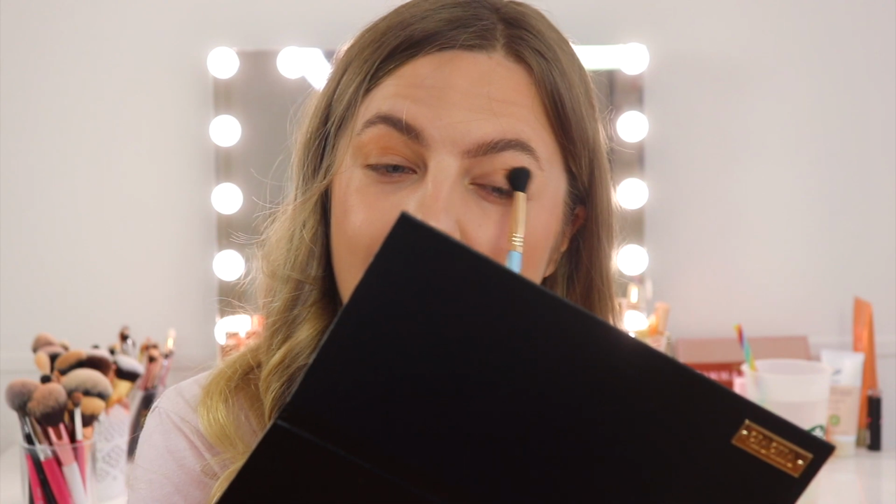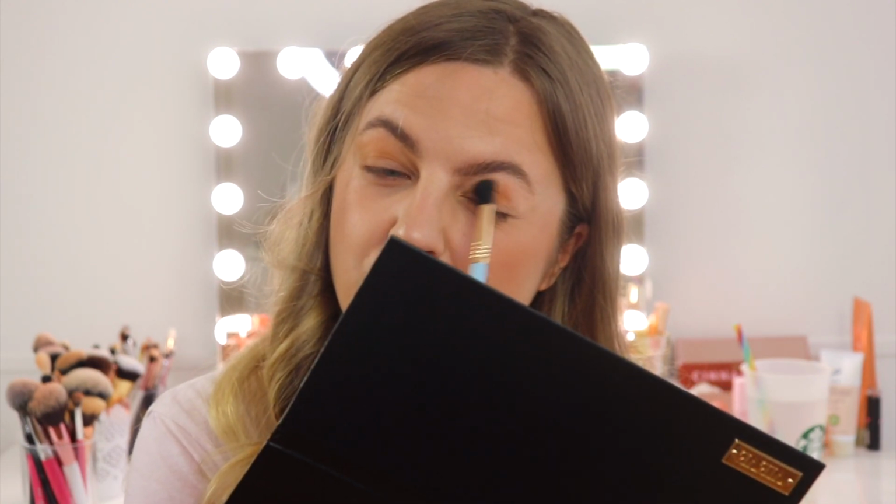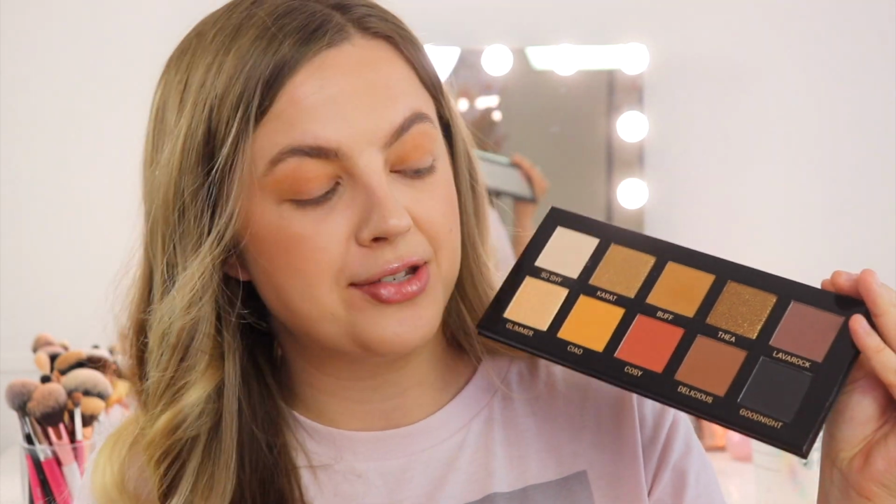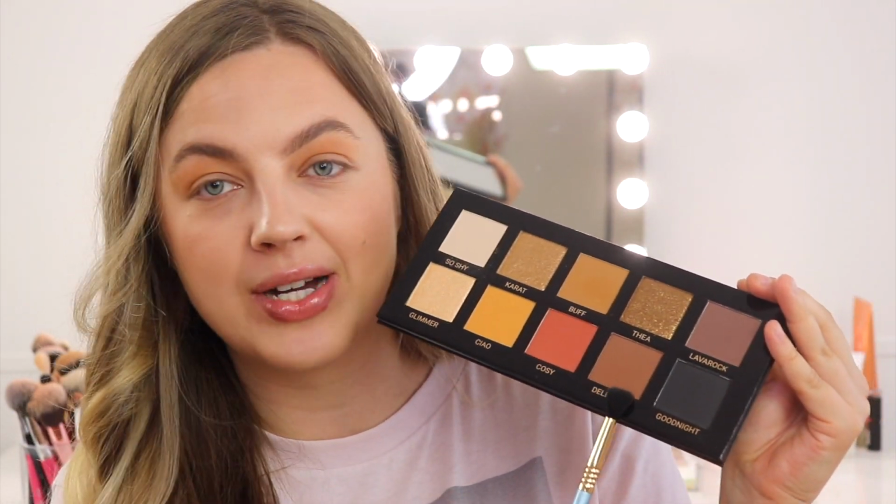So I'm just going to do the same thing on the other eye. I am just always tapping off some excess just to make sure I don't have extra fallout on my eyelid. So I think I'm just going to leave this shade like this for now, and now we're going to go in with one of the most gorgeous shades from this palette in my opinion, and that is this one called